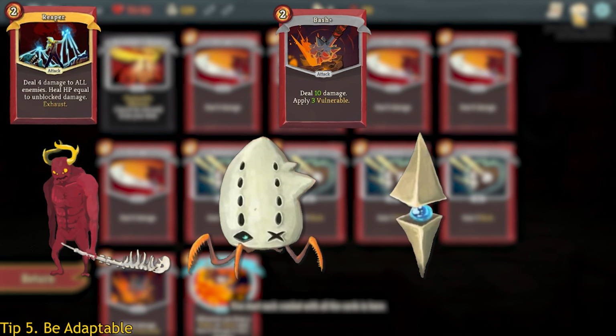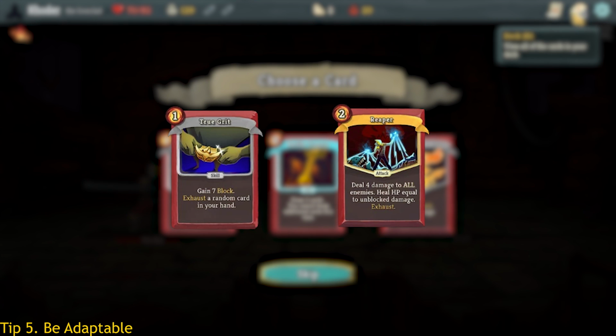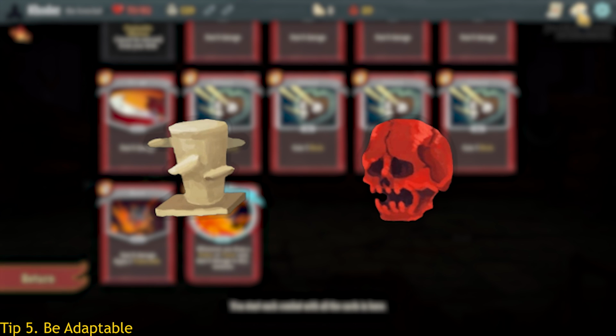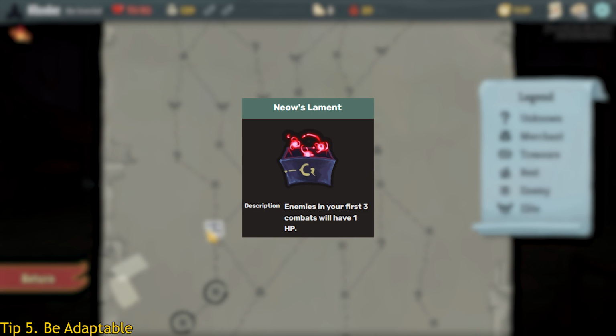To be clear, I'm not saying there's never a situation where you would take Reaper or True Grit. Quite the opposite. You should constantly be evaluating your position and basing your decisions off that. Maybe you have a Strike Dummy and a Red Skull active, so you think you can get away with taking Reaper over Anger. Maybe you took the enemy 1 HP whale bonus to snipe the elite,